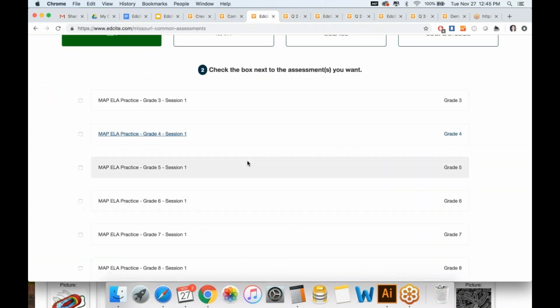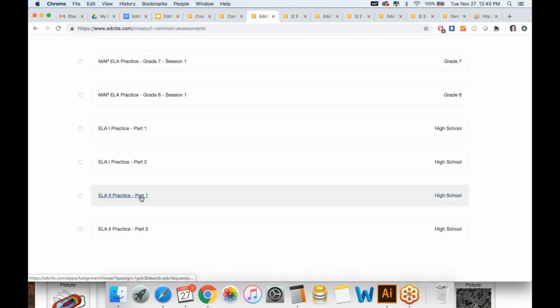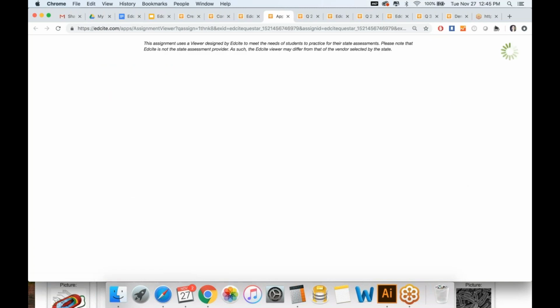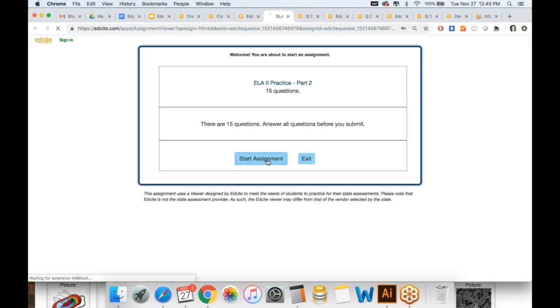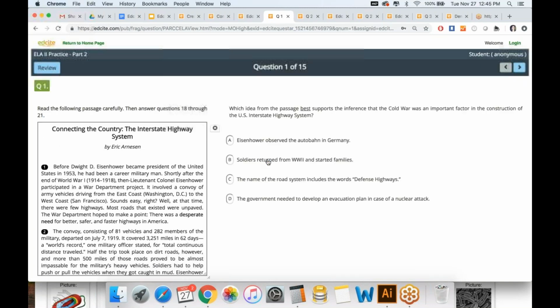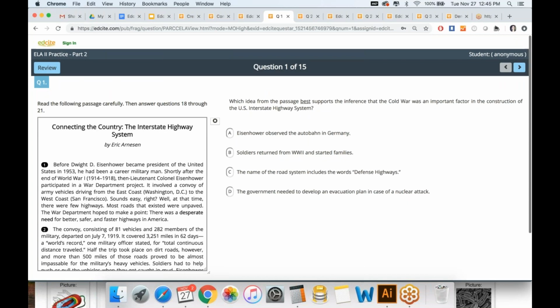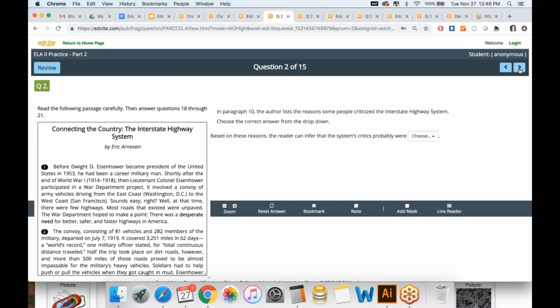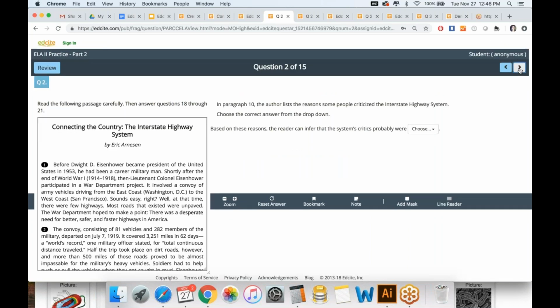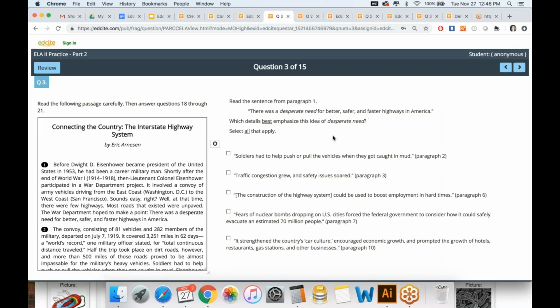And then if I'm looking at the high school level, I'm going to see a totally different navigation. And so nationwide, we've got all of the different state assessments that you're going to find. So even if I'm not showing your state as an example, don't worry. We've got the state test viewers to make sure that we meet the needs across the country.